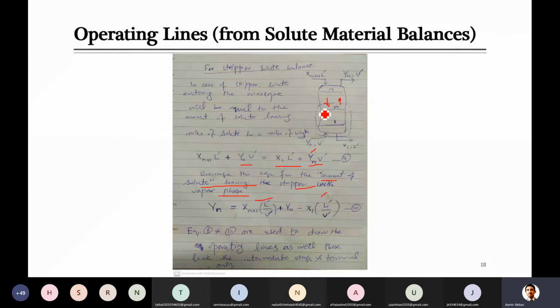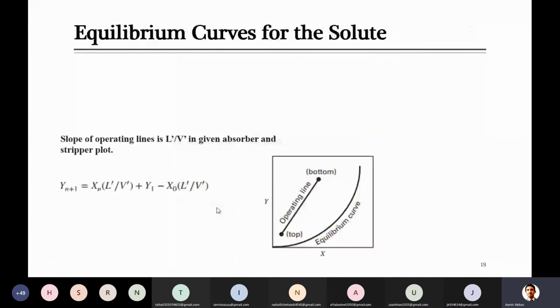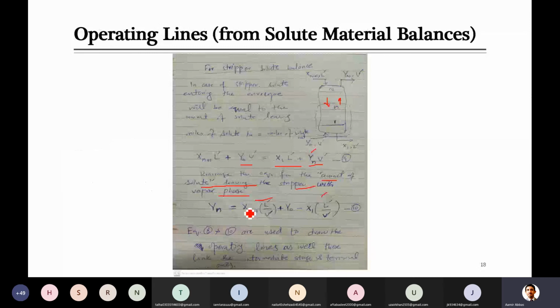So that will come if we know this value, as well as these flow rates, and if we know some of the parameters, others can be calculated with the help of this equation, and then you can use this equation to draw the operating line. Also, this equation will be practiced when we solve the problem. There you will see the application, how we can use it to draw the line. Before this we discussed the equilibrium line. When you have drawn both lines, then you can actually calculate the number of stages.